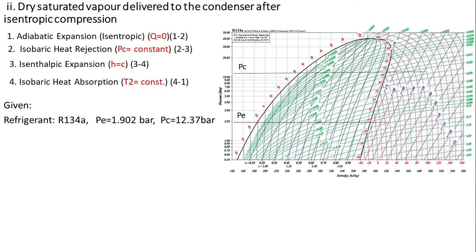After compression, point 2 is there, because 1 to 2 is a compression process. So in the compressor, the entry is 1. After compression, point 2 will be there, and then it goes to the condenser. So the entry to the condenser is point 2. And it is mentioned here that point 2 has dry saturated vapor, which means point 2 should lie on this saturated vapor line, and we have the condenser pressure line like this. So point 2 should be marked here. You can say that this is point 2.